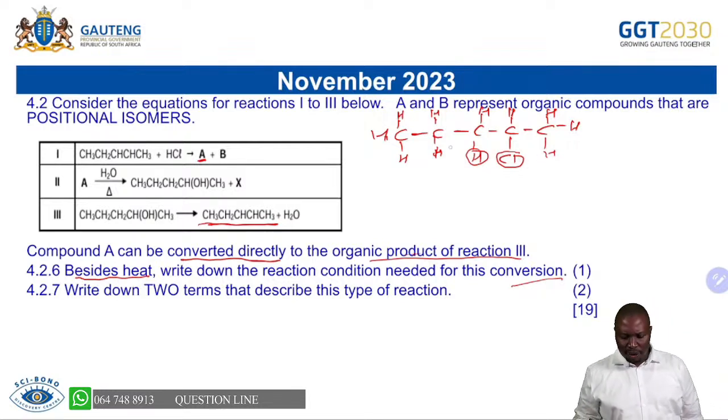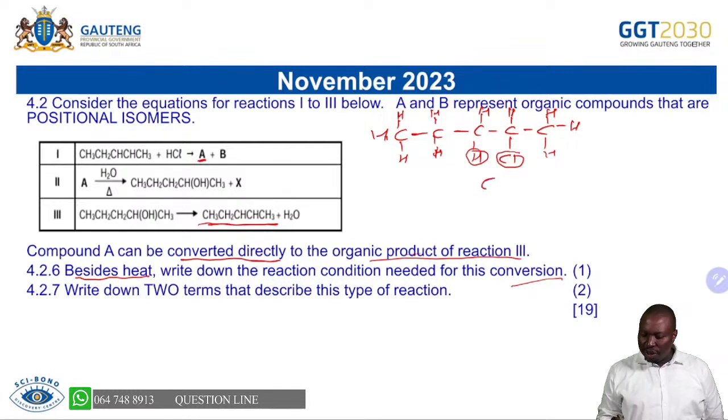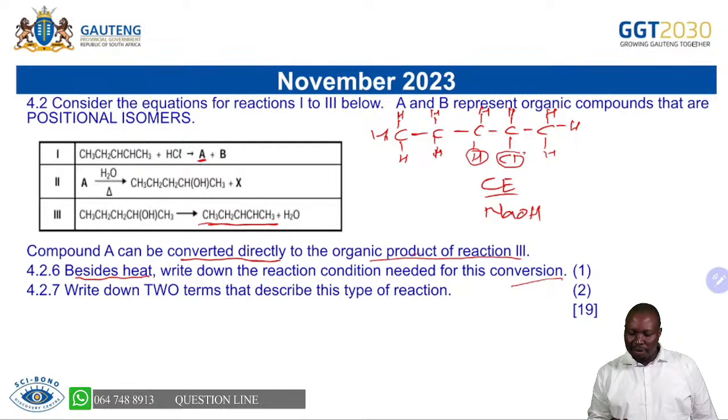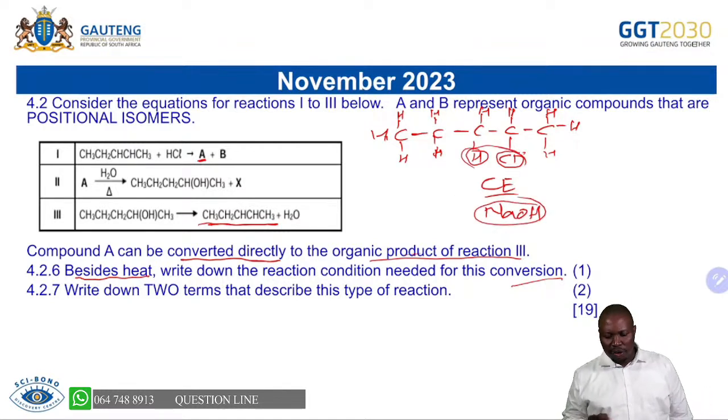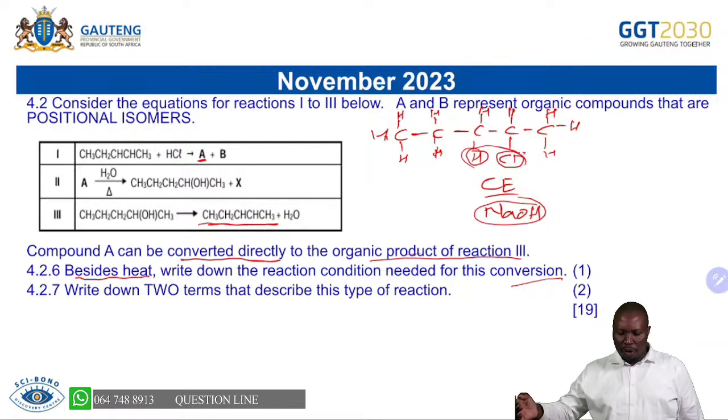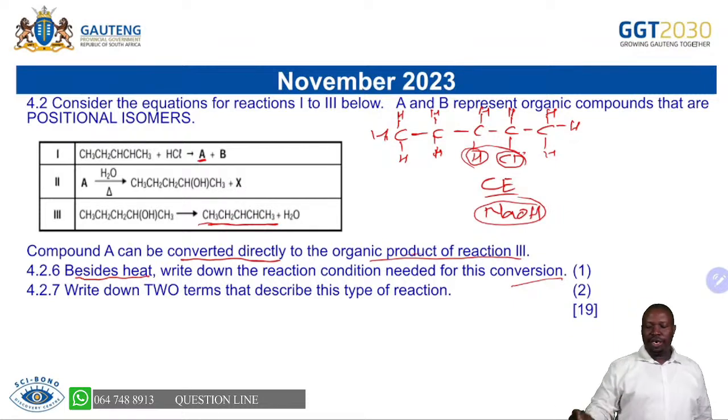HCl is an acid, so obviously for removal we said use CEDS, concentrated for elimination. So you will need concentrated sodium hydroxide, so that you know the reaction between an acid and a base will give us salt and water. So this reaction definitely will have an alkene, will have salt, which is sodium chloride, and will have water, which is a nice